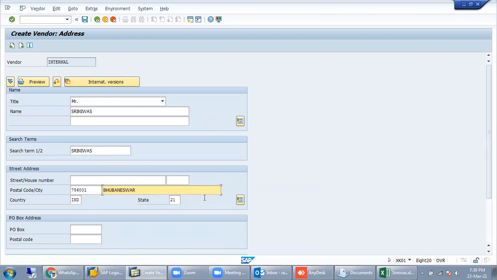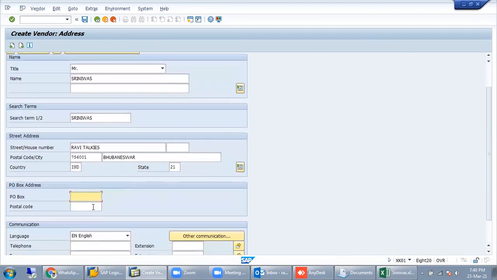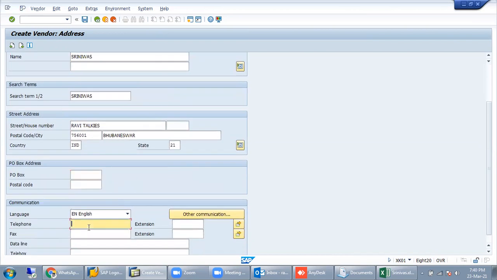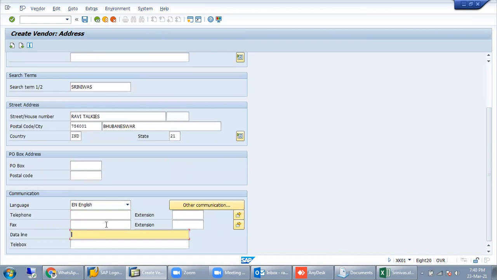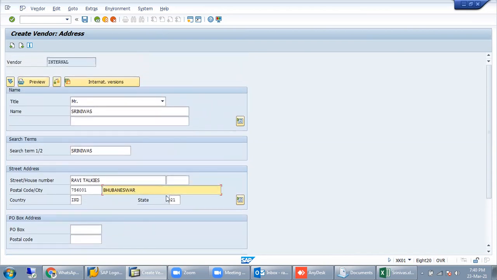And here you can give the address. So whatever data is required, you can put like that. Here you can put telephone, here fax. If you require to add a field, here mobile number, you can also add that. If you require a mail ID, you can add a mail ID here. So as per requirement, you can control all your fields. Just press enter.